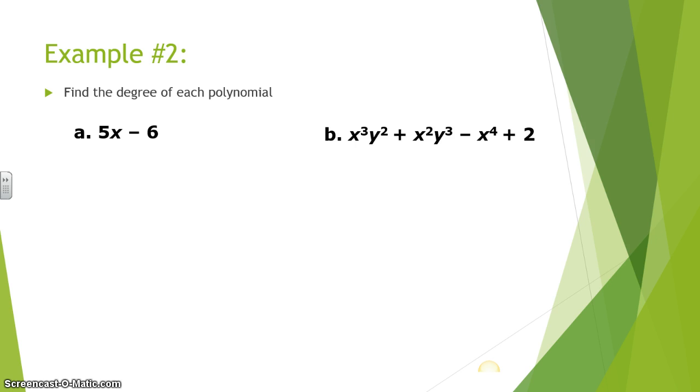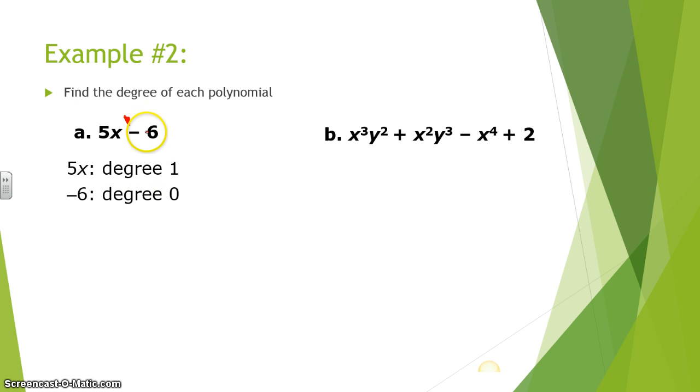Here we have: find the degree of each of these polynomials. So for A, we have 5x minus 6. What we're going to do first is determine the degree of each term. 5x has a degree of 1 because there's no exponent on the variable. And then that minus 6, since there's no variable connected to it, is a constant with a degree